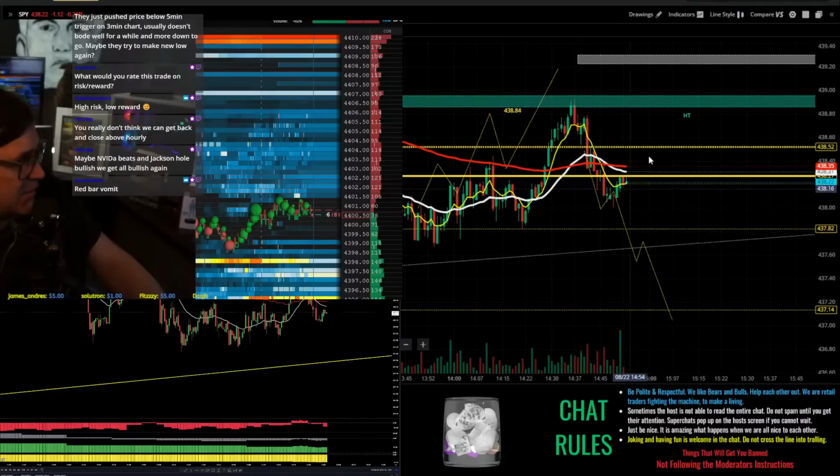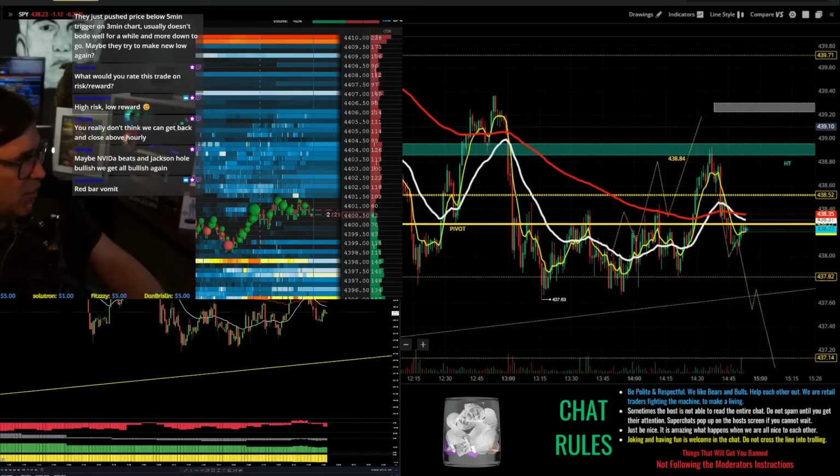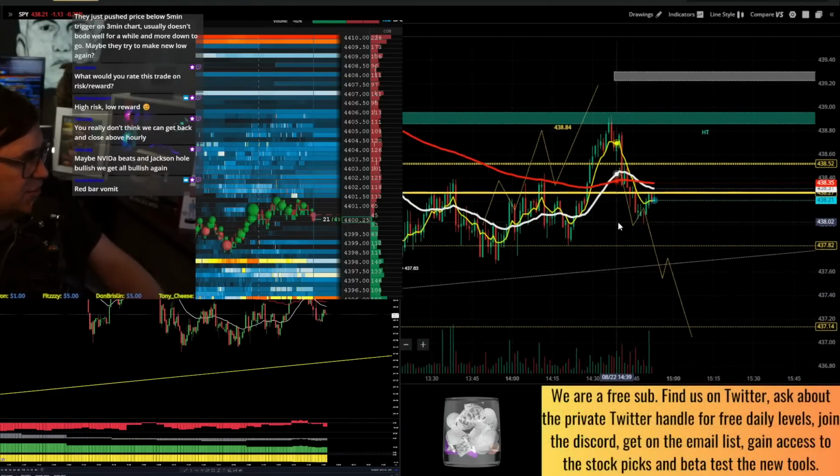Not good for bulls here. Don't like seeing this. Don't like seeing any of this. Don't like seeing the will of bulls being weak into this close. So if you're just joining us right now,